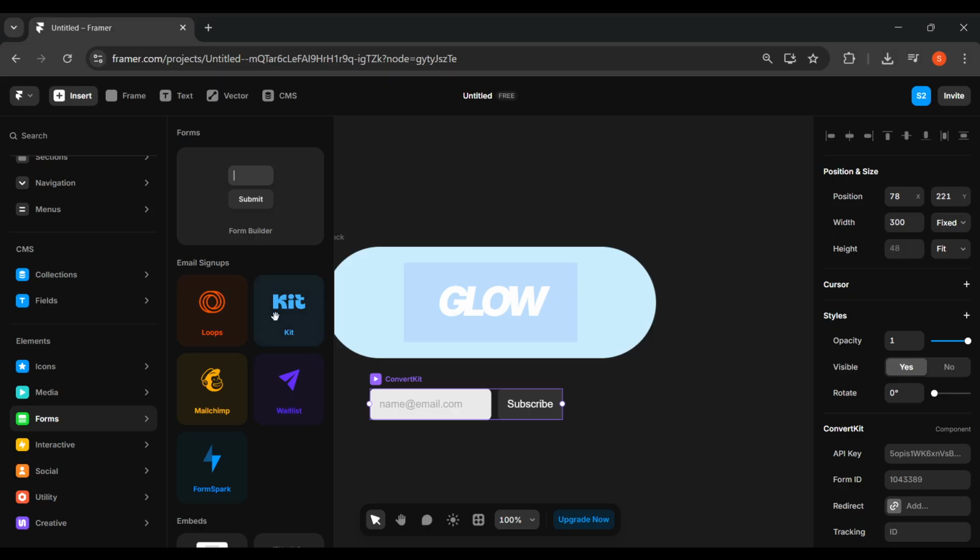Having found the Kit option, the next step is to integrate it into Framer. This process is astonishingly easy. All you have to do is click on Kit, hold and drag it to the desired location in Framer, before finally releasing it to drop in place. The drag and drop method is a user-friendly feature common in many design tools, which makes moving components around a